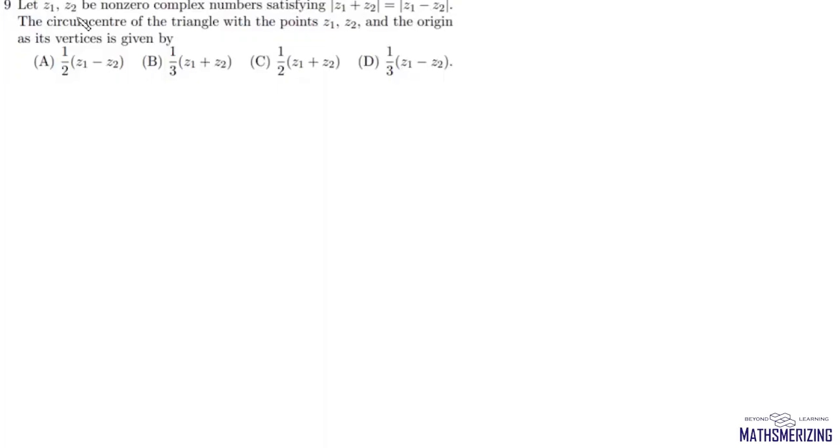Now question number 9 is: let Z1 and Z2 be non-zero complex numbers satisfying mod of (Z1 plus Z2) equal to mod of (Z1 minus Z2). Then the circumcenter of the triangle with points Z1, Z2 and origin as its vertices is given by. Now if we look at this expression, which is mod of Z1 plus Z2 equals mod of Z1 minus Z2, then we clearly know that